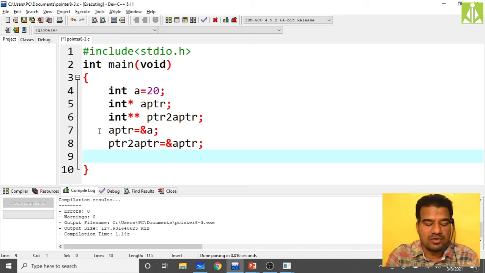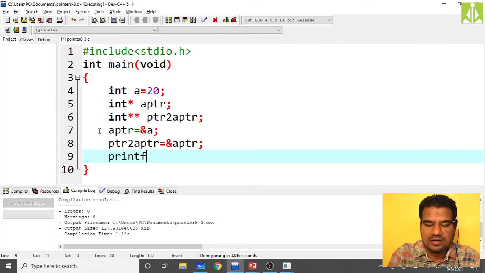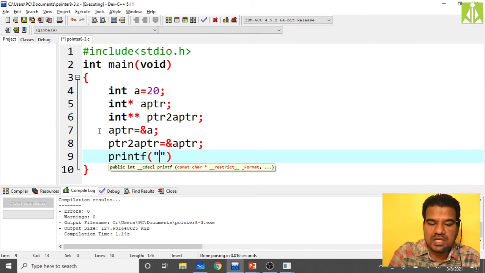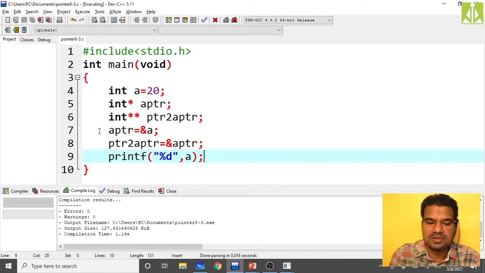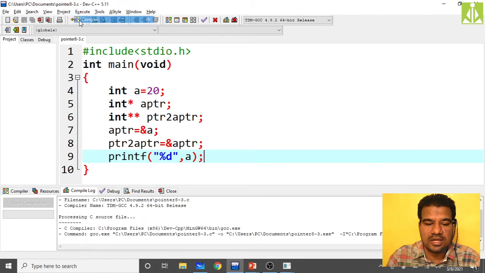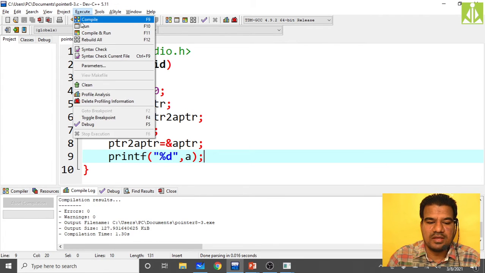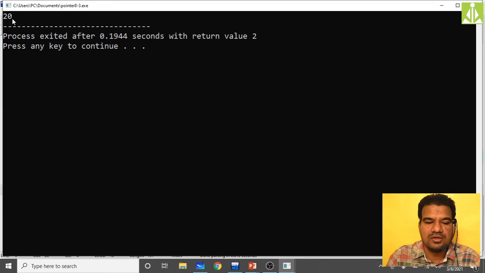Suppose I want to retrieve the value of a using printf with the variable: simply put %d and pass the variable a. This is a direct variable identifier, so there is no need of any indirection operators.